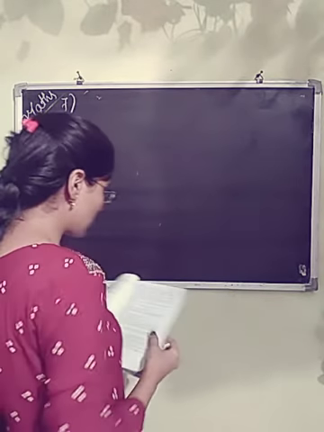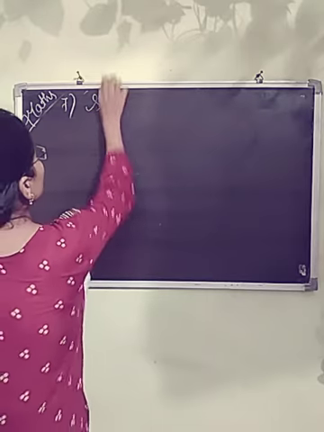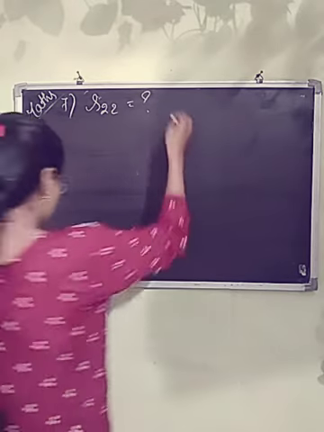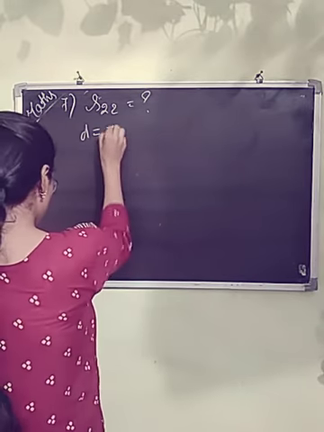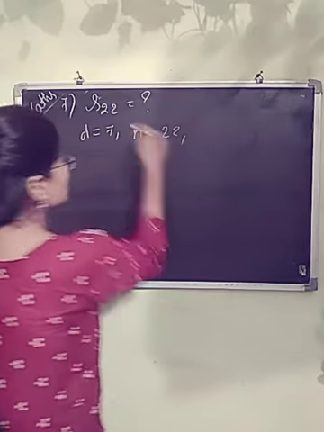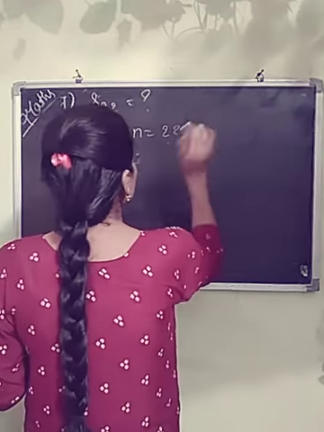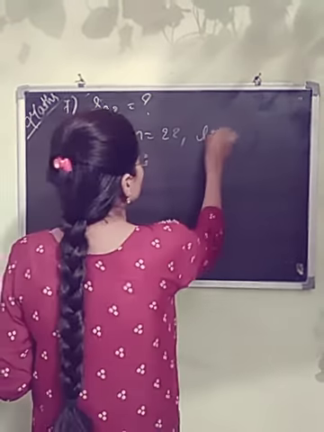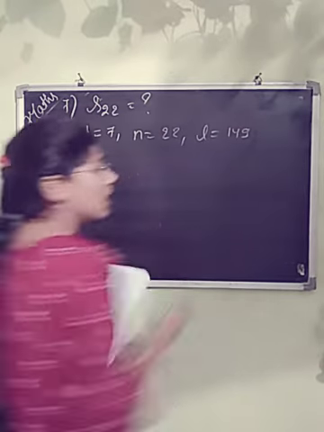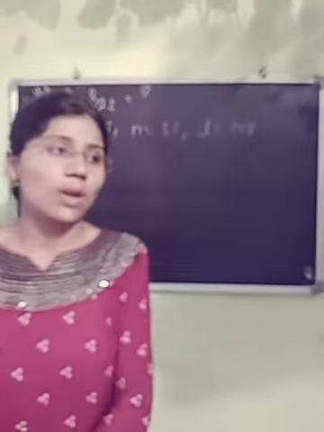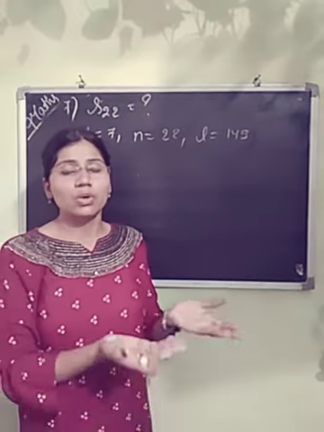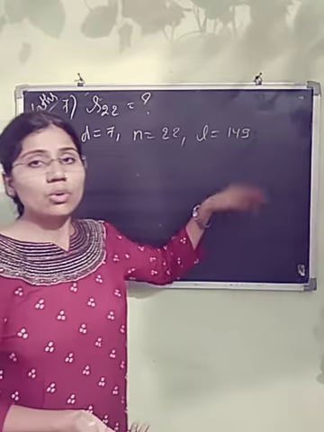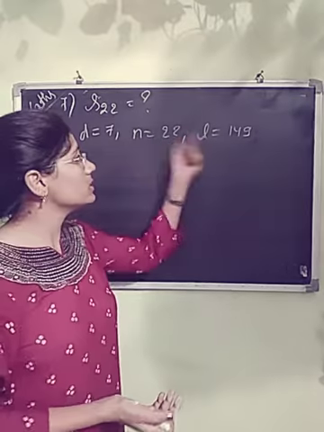Question is find the sum of 22 terms. That means S22 we need to find out, and D equals to given 7, N is 22 which is in the hidden form, and 22nd term. If there are total 22 terms and the 22nd term is also given, that means that is the last term. If someone tells you that in an AP there are total 10 terms and you know the 10th term, that means what is that? That is the last term. So over here the same thing is given. N is 22 and the 22nd term is given. That means it is the last term.